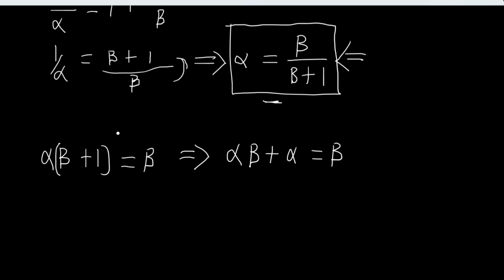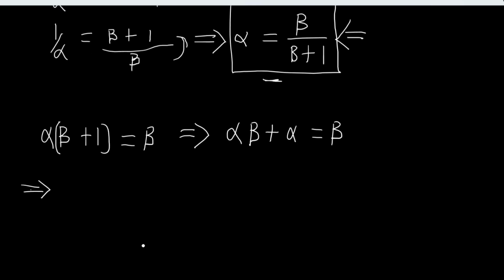Okay, remember what we're trying to make the subject of the formula is beta. So let's take every beta to one side and every other value to the other side. So when we do that, let's take this over here. So we have that alpha is equal to